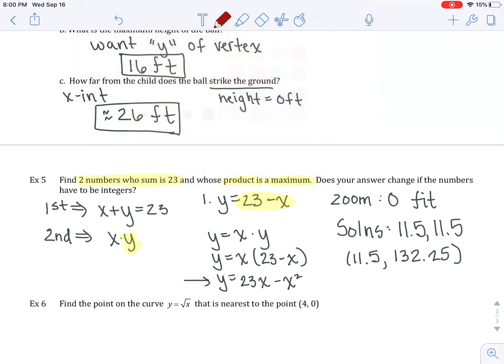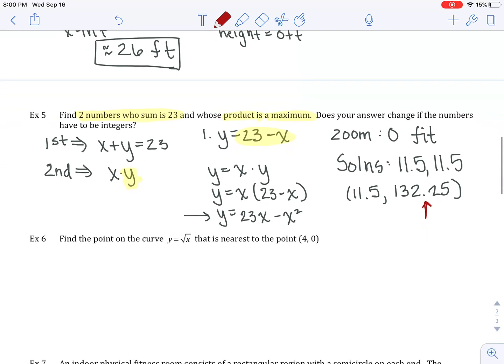But we have to understand what this means. This doesn't mean the y number, guys. This means that is actually the product of two numbers. So that is why I just took the 11.5, both of those, and just repeated it. So when I have 11.5 and 11.5, those two numbers get me to 23, and they have the biggest maximized product, which is